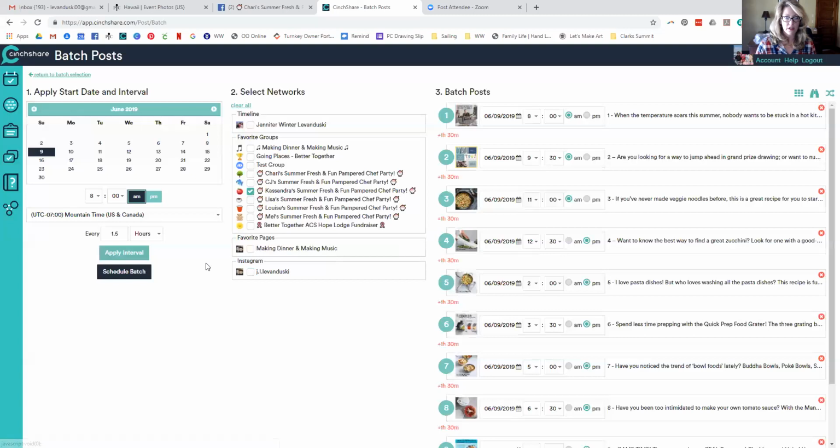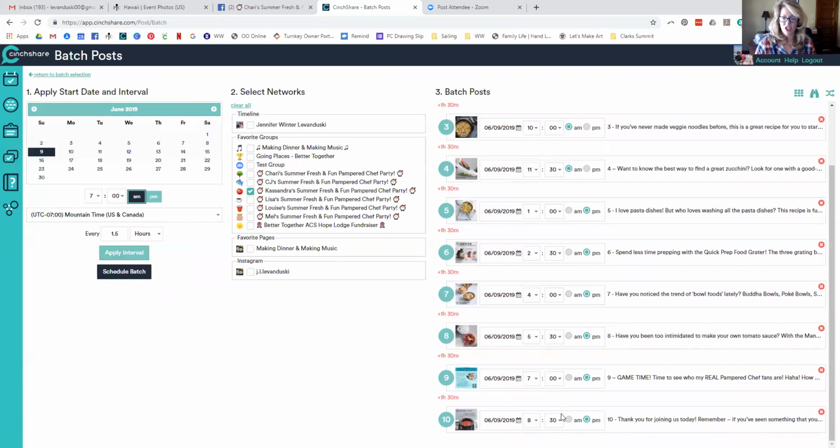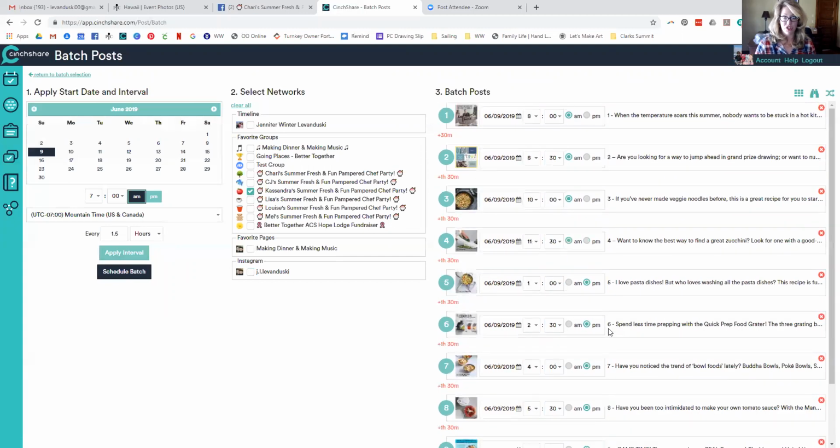Cassandra's party. Okay, but again, I like to have the game or the interactive post happening at 8:30, and right here it is at 9:30. So my trick for that, I'm going to change this to 7 a.m., apply the interval. All I have to do is change the first post, because my game, or in this case, the business question, is happening right there at 8:30. So easy. I changed the first and the last post because I only run 8 a.m. to 8 p.m. My times are done.